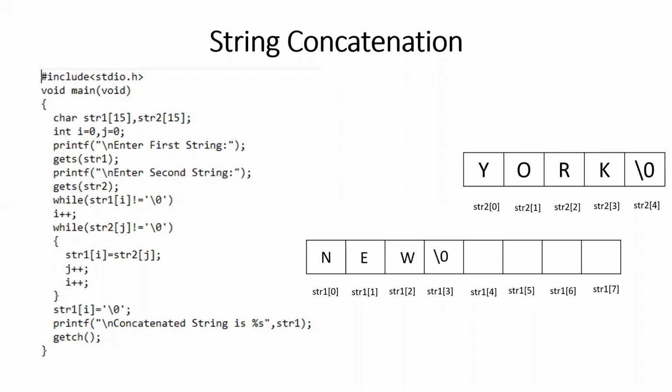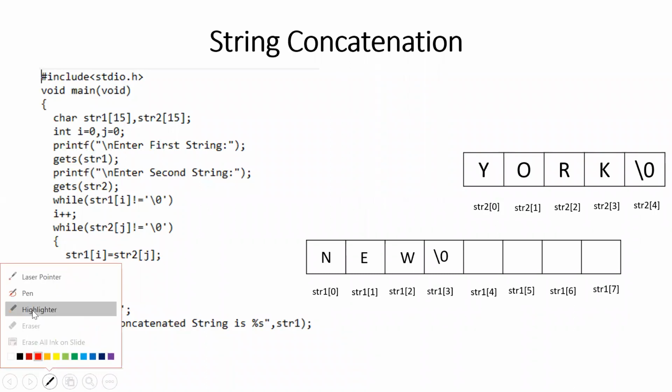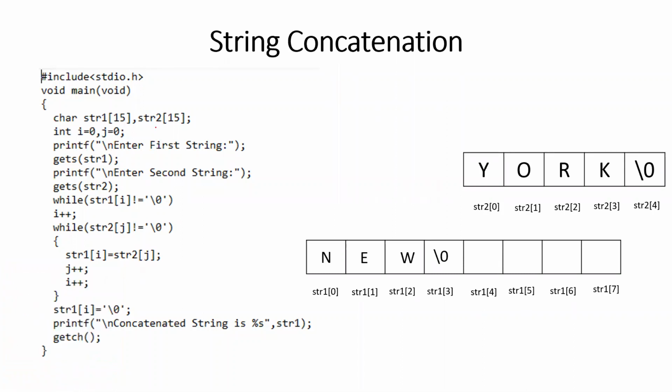The string concatenation. So this we were knowing, like how I had asked you to execute both the programs, one with the for loop, the other with the while loop. Any program which is written with a while loop, you can convert it into a for loop. I'll just tell you the difference. In a for loop, all three things you will be mentioning in the for loop condition statement: initialization, condition checking, and the increment.